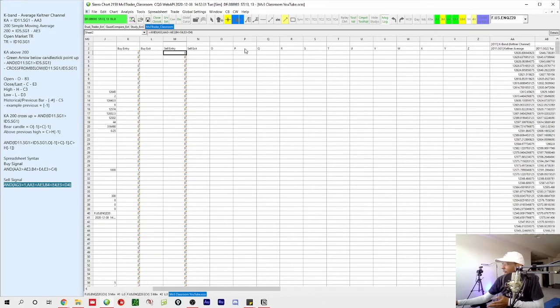So for P, I'm just going to pick P randomly. Let's say I want this alert condition to alert me when the market, let me edit it, let's say opening bell. Okay, so I'm going to hit okay on that, and now I'm going to put my formula in here,